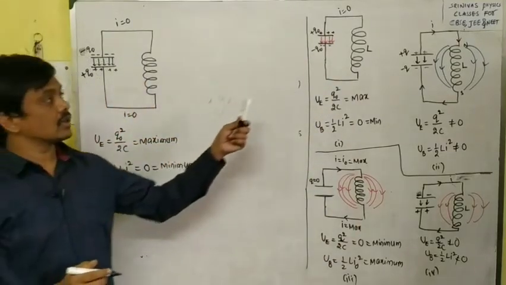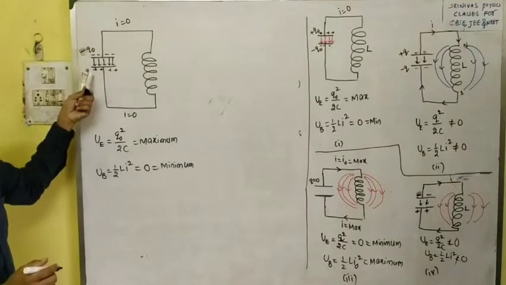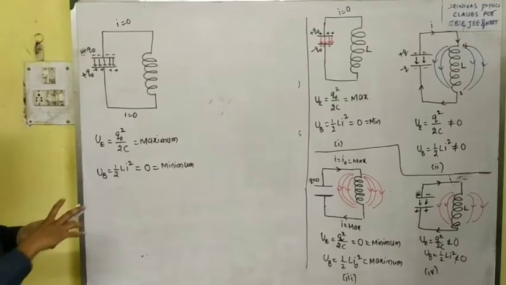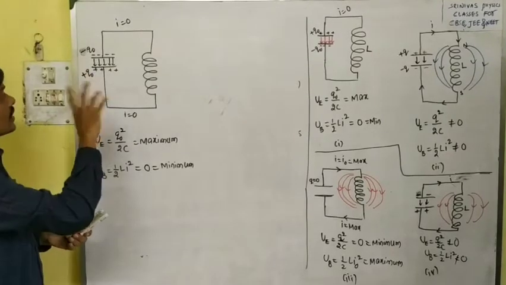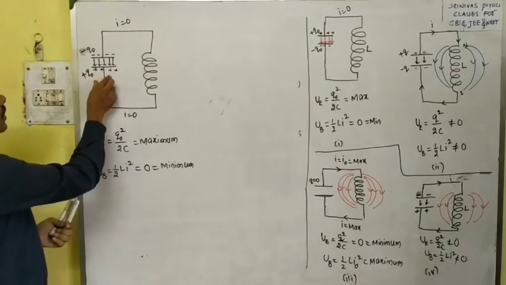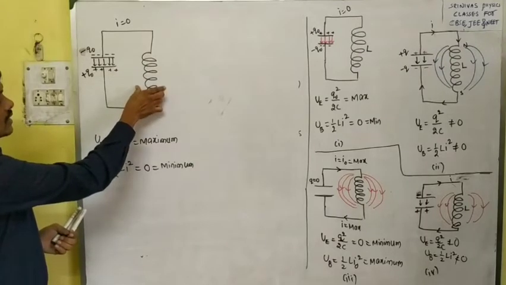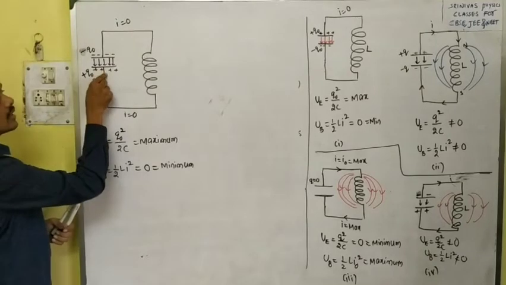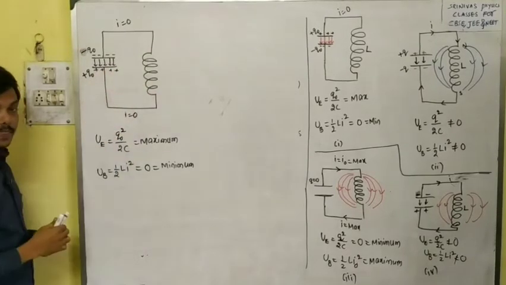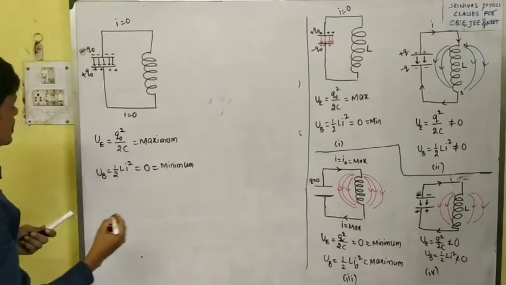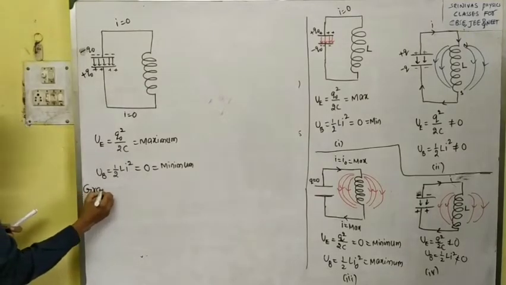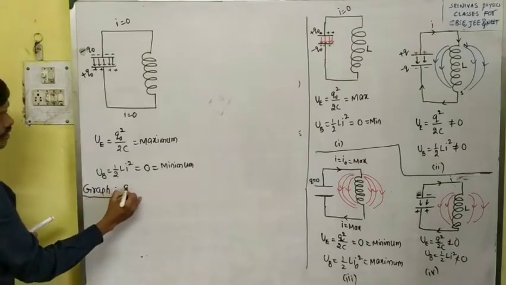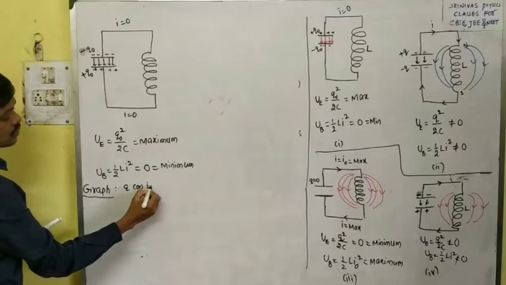And at that moment the energy stored in the capacitor becomes 0, and the energy stored in the inductor becomes maximum. Continuously the charge on the capacitor decreases and increases. Like this, the electrical energy is converted into magnetic energy, and magnetic energy is converted into electrical energy. That means energy oscillates between the inductor and capacitor. Okay. And if we draw the graph of charge versus time or current versus time,